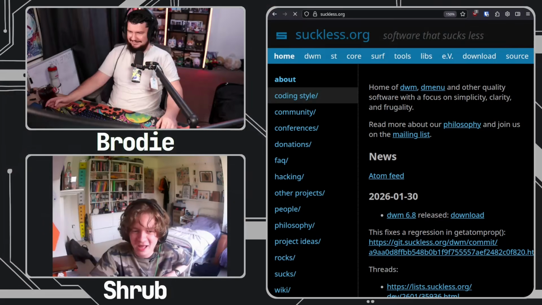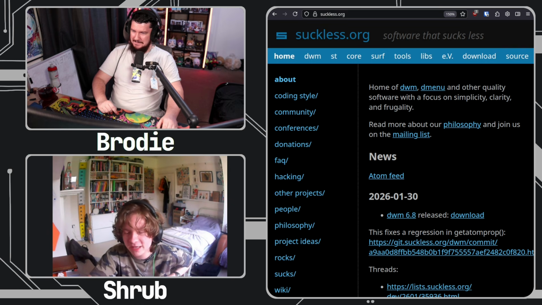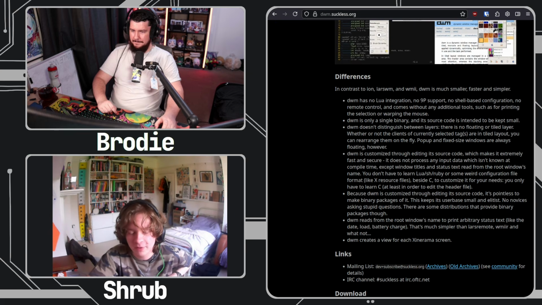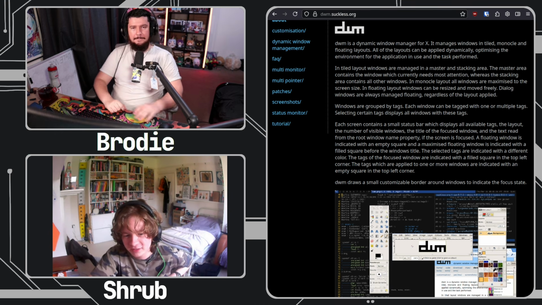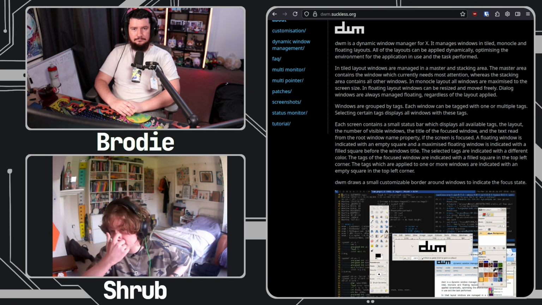So Suckless, they made software that's simple. Some of it is good, some of it's not very good, in my opinion. But they made something called DWM, which is a window manager for the Xorg display server, and I have used it in the past. But I was kind of sick of X11 as a whole. I used Sway for a bit, and then I was on Niri, which is very good as a piece of software to use as a user.